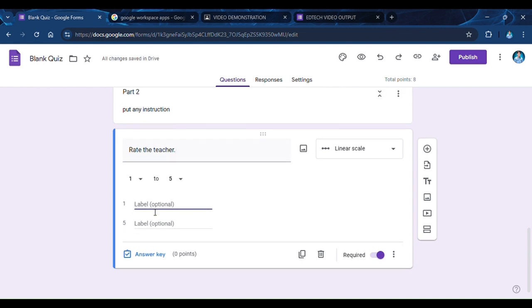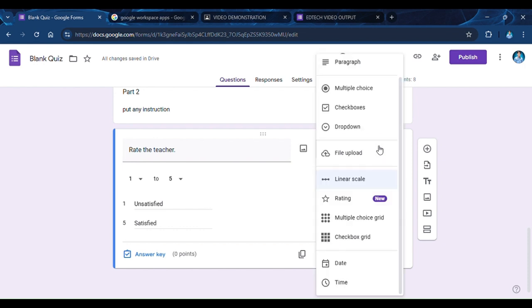Label number 1 as dissatisfied or unsatisfied, and then satisfied. It's up to you how you are going to use this linear scale, whether for evaluation or as part of the quiz.